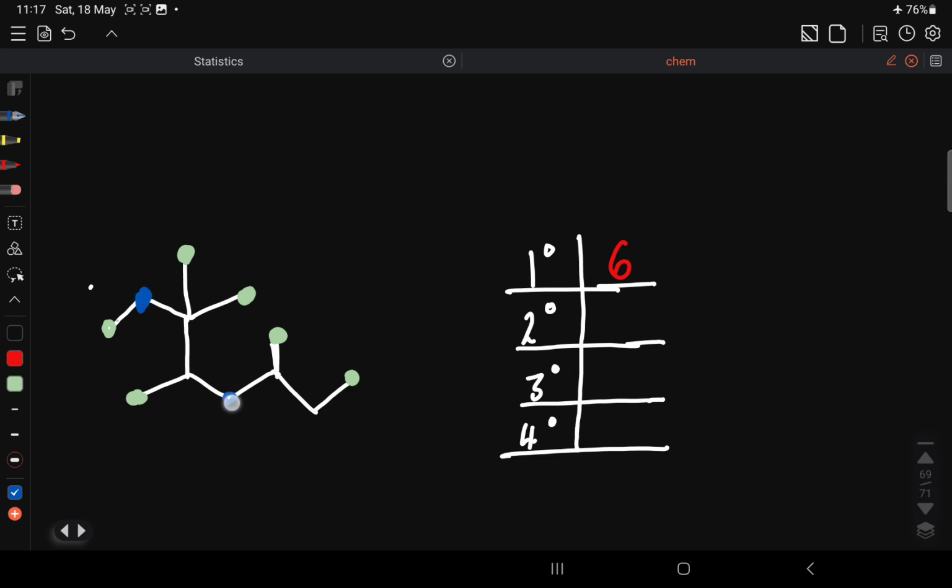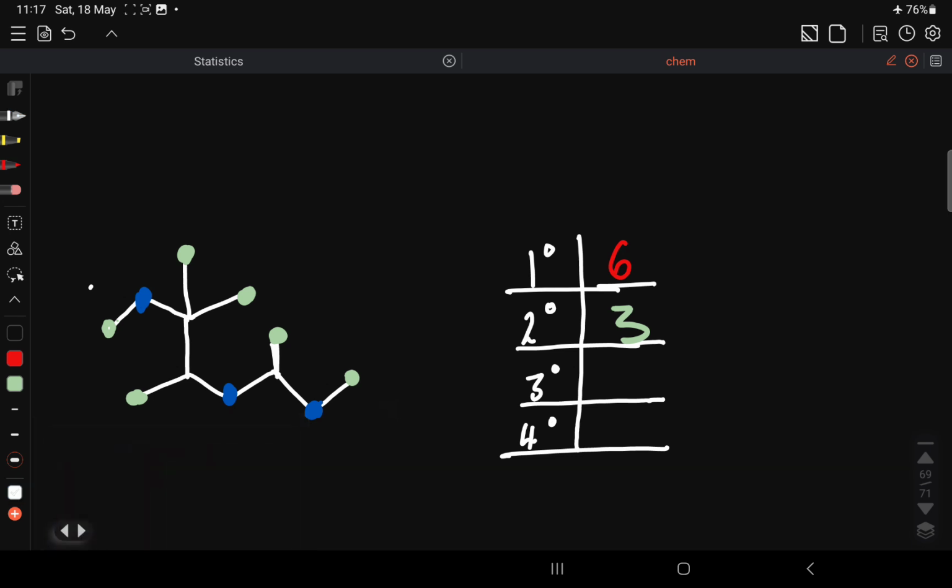So here's a secondary. Here's a corner. It's a secondary because there's nothing else connected to this corner. Here's a corner. It's obviously going to be a secondary because there's nothing else connected to that corner. So it's going to be 3 secondary. What about tertiary? Well,